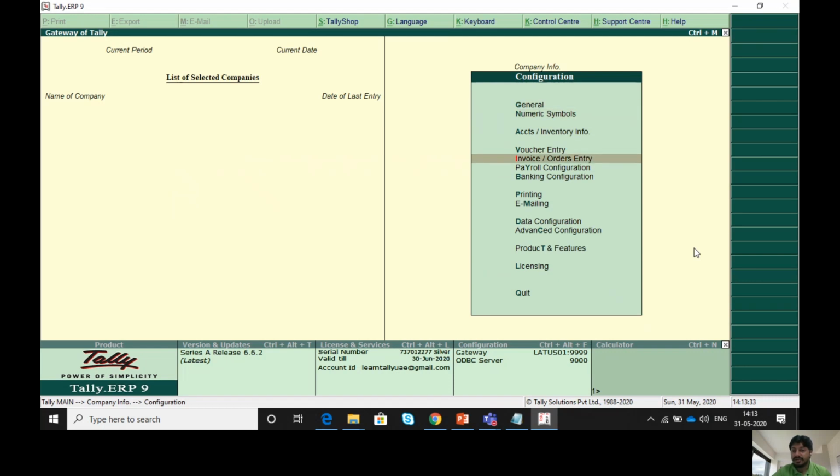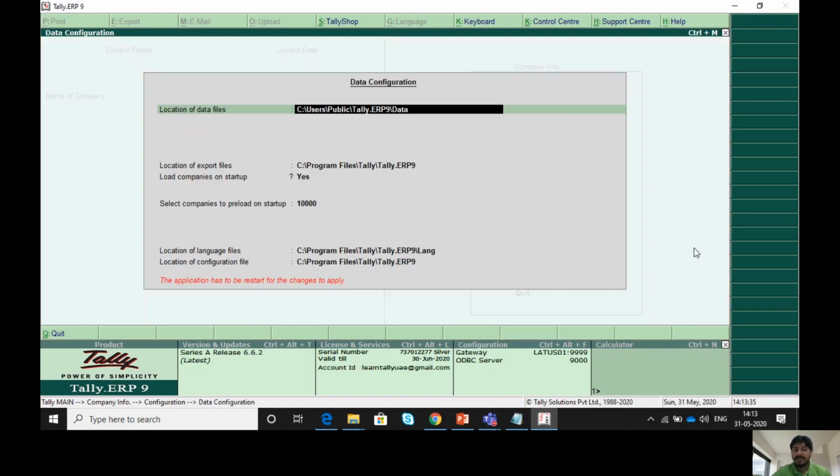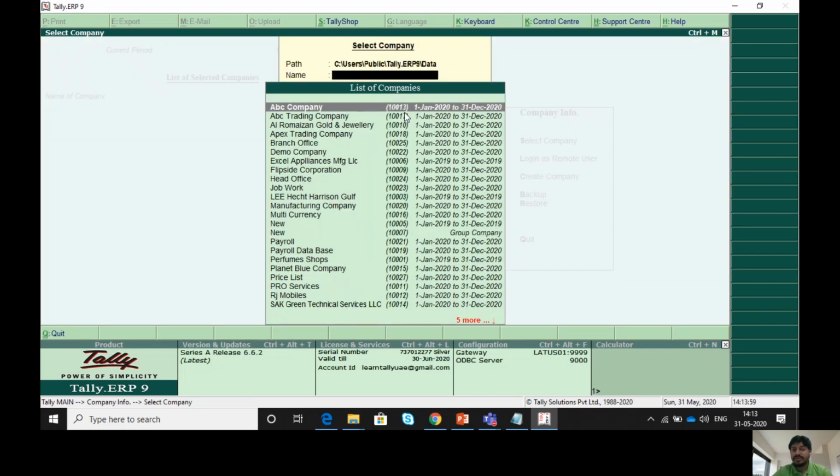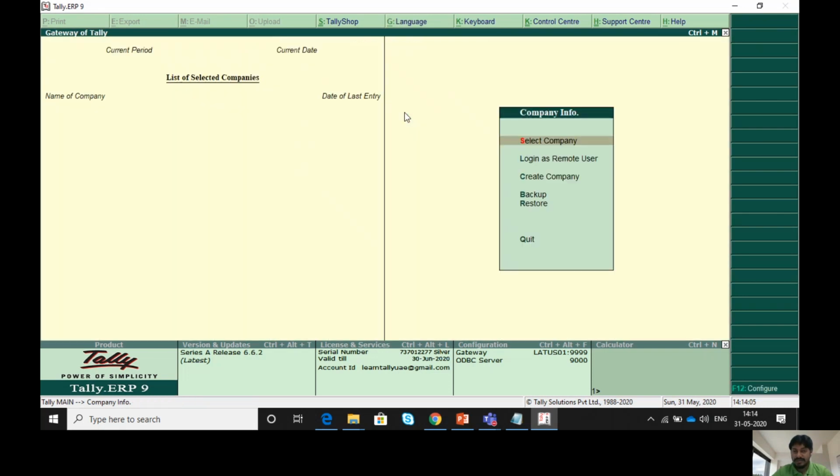Here you can see the data configuration and you can provide the location of the data file. You can press Ctrl C to copy the path from any other folder and Ctrl Alt V to paste here. Now you can save. After that, you can see the company which you already have. So you can select the particular company and start using.